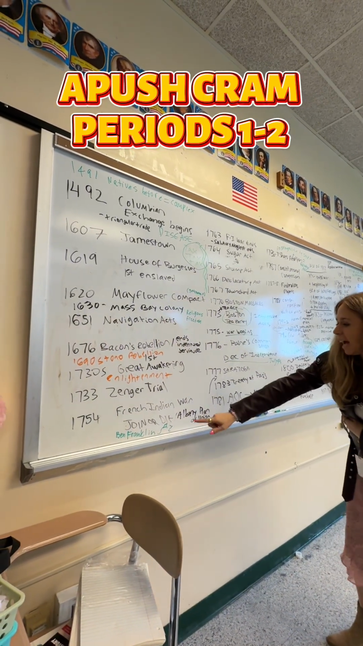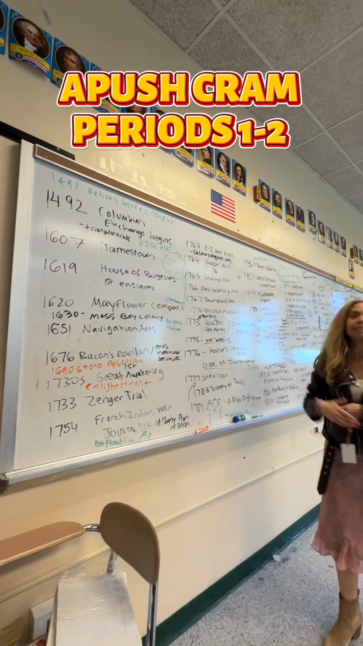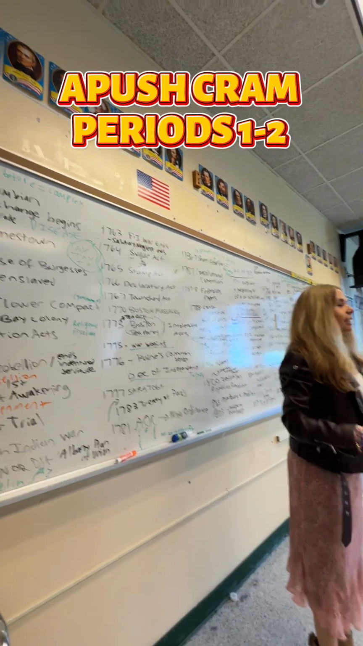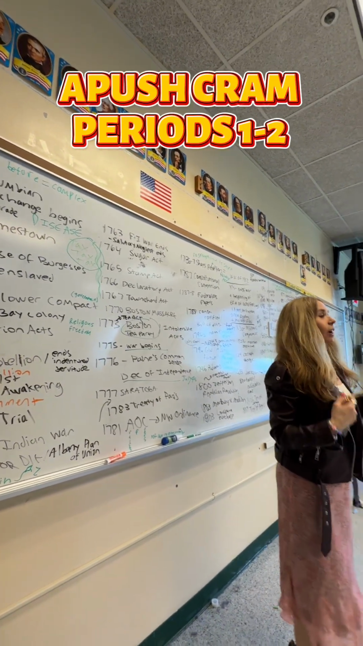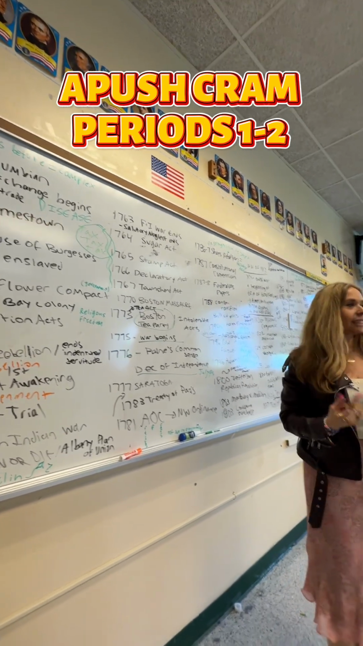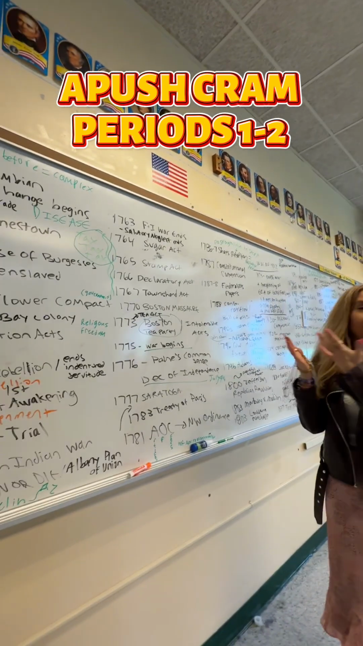Okay, then, right after the French and Indian War, it ends in 1763. What begins in 1763, the French and Indian War ends, and also so does salutary neglect, the beginning of taxes to pay for this very expensive